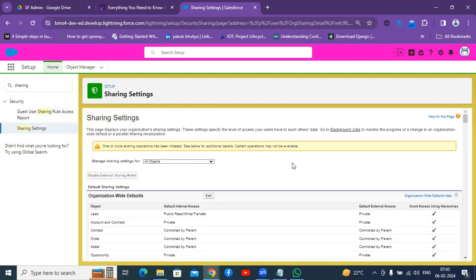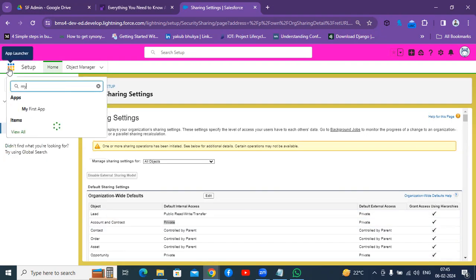If you go to the OWD of account and contract, you can see it is private. It means whoever owns the record can only see the records. Now I'll go to Accounts, in my first app.